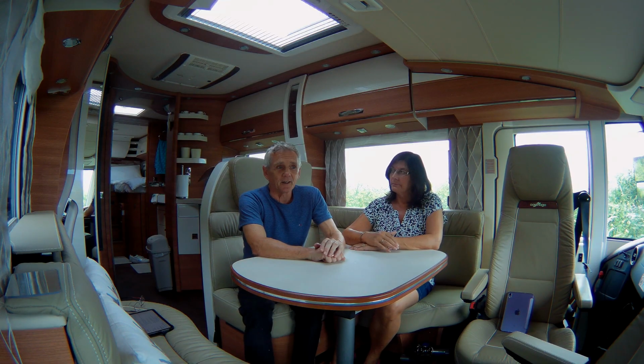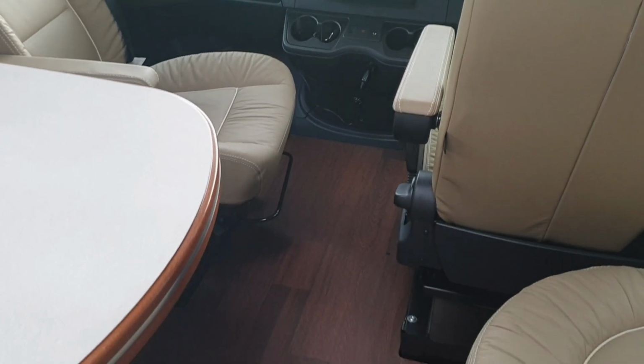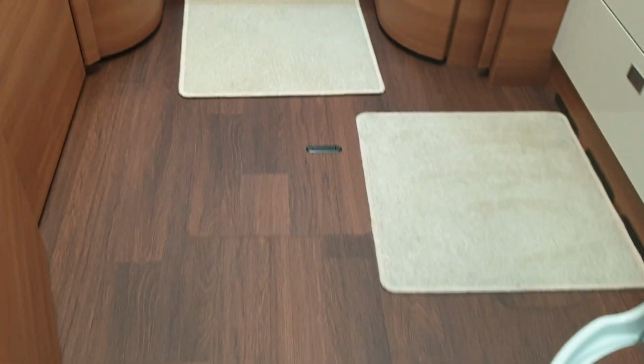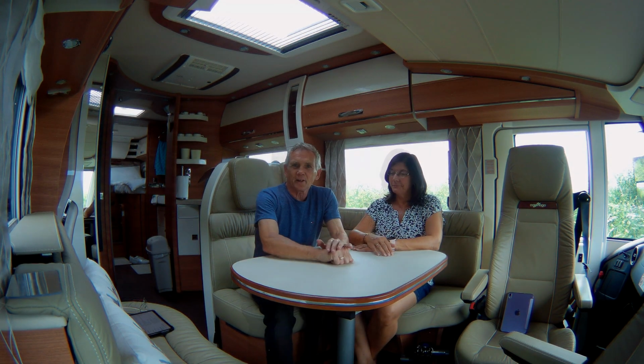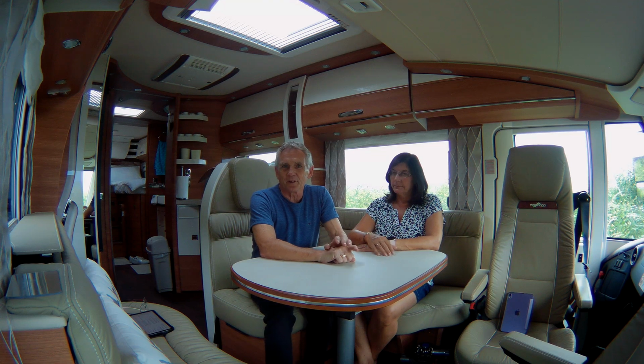And another thing that I really love about this van is the fact that it's a one level floor all the way from the driver's seat right back up to the beds at the back, which is fantastic. Yep, and it means I can even do Pilates in the van. That's something to see. So there are also a few things in this van that we're not so keen on,